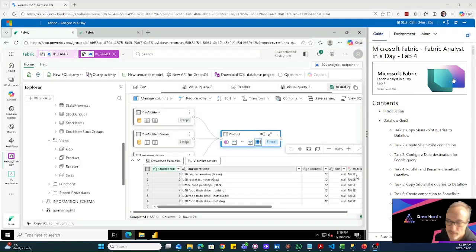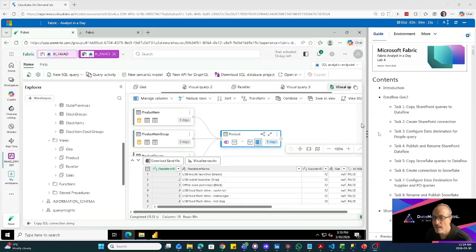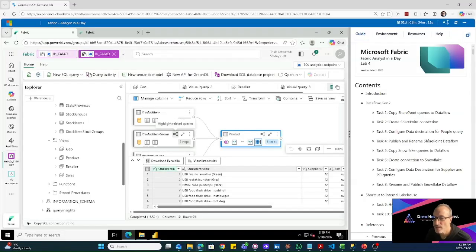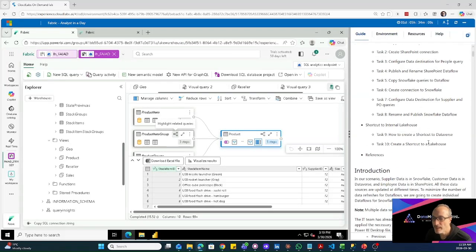Hello again, we're gonna start with lab 4. So in this lab, we're gonna focus on data flow Gen 2 and moving data using that tool and shortcuts